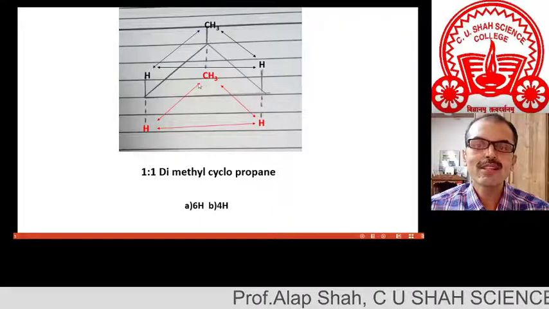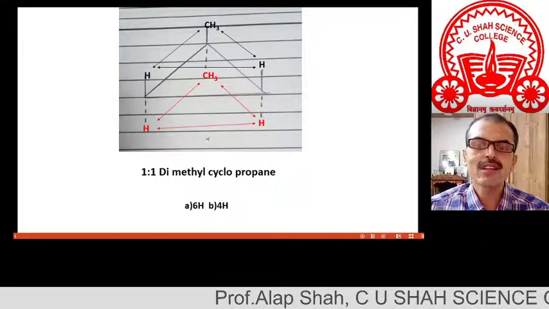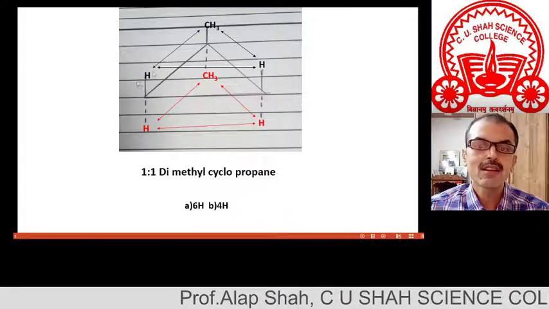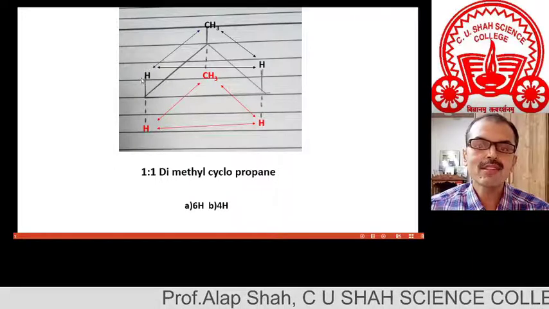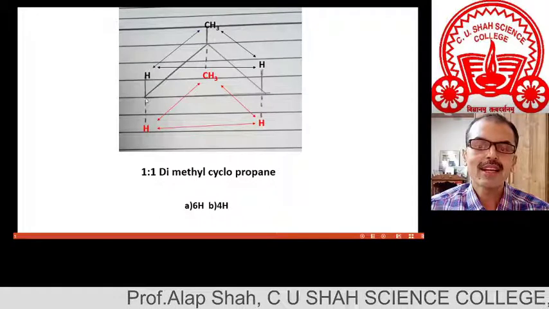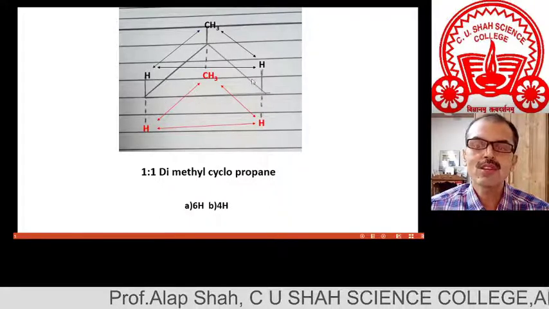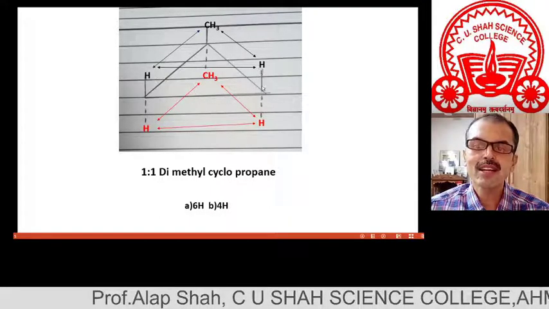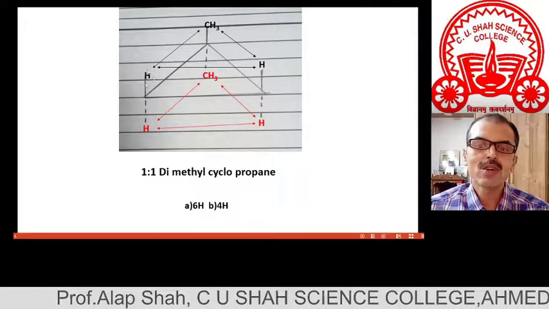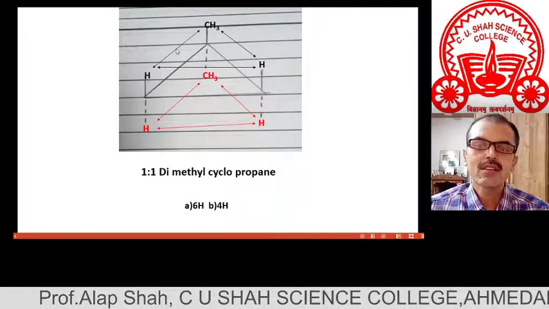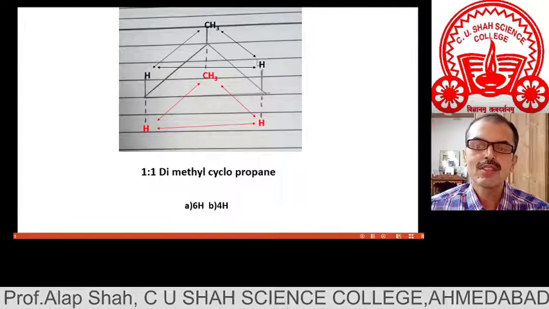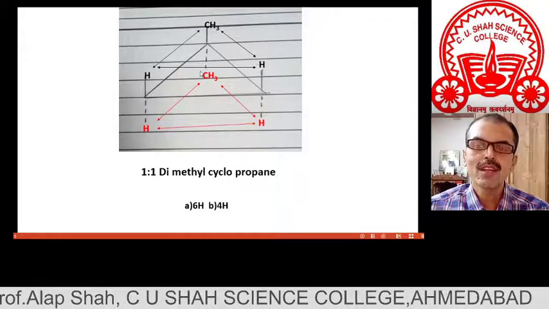Now the next step is to check whether these four hydrogens are the same or not. So let us check one by one. You have to compare for every hydrogen. Suppose this black hydrogen is attached with a carbon, and that carbon has H. Here also this hydrogen is attached with a carbon, and the carbon has hydrogen. Each black hydrogen can interact with one methyl group and one proton. This one also, one methyl group and one proton.